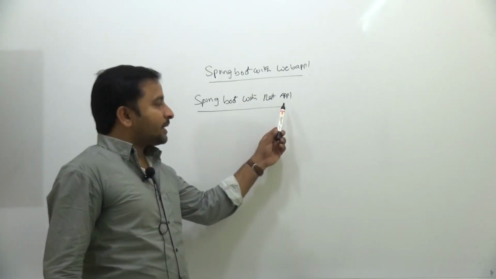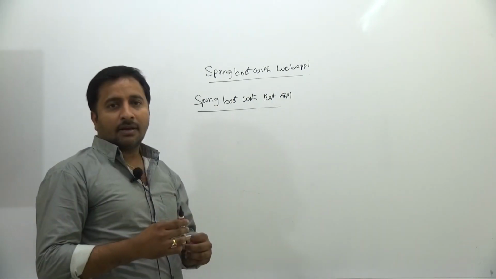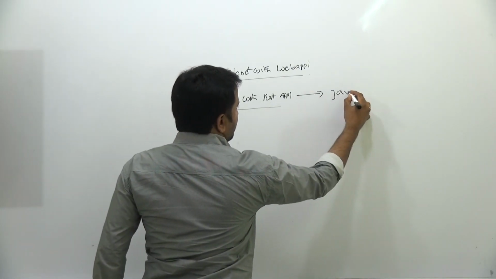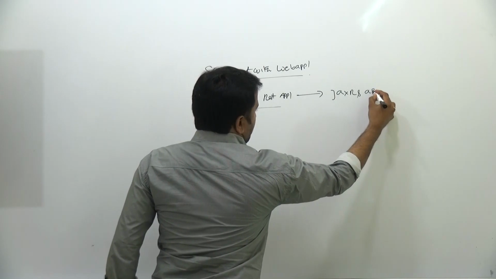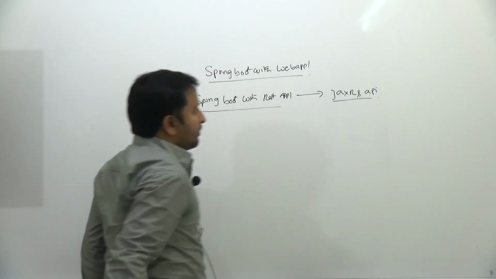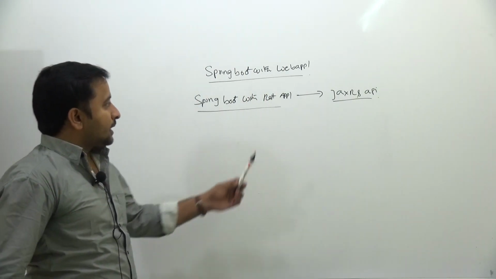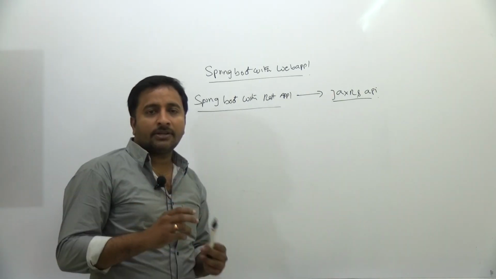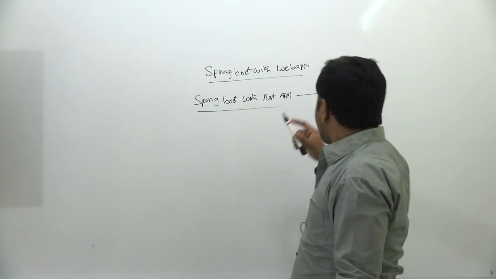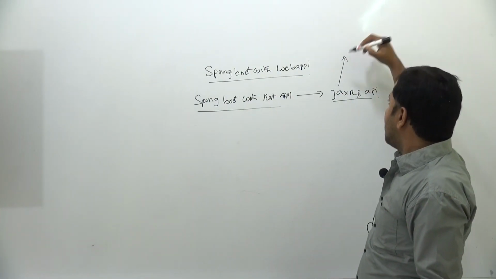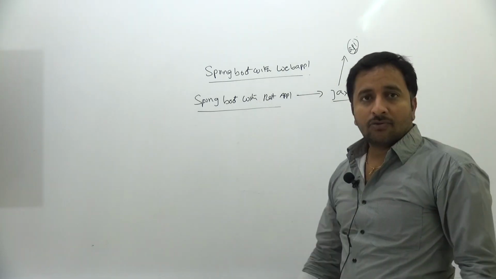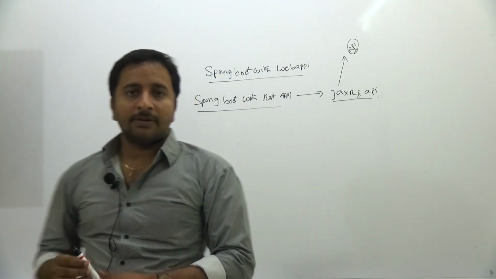REST API is already there, like the JAX-RS API for developing REST applications. But it has more complexity. Whenever we want to develop a REST application by using the JAX-RS API, the complexity is more. What is the complexity? We have to follow the API and write each and everything. So to develop the application, it is somewhat complex.